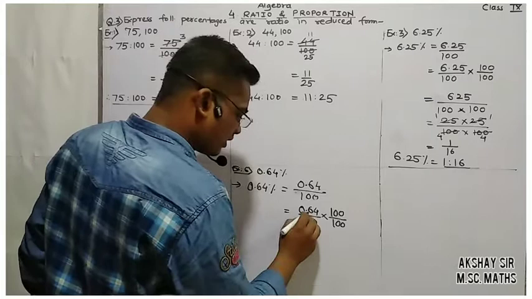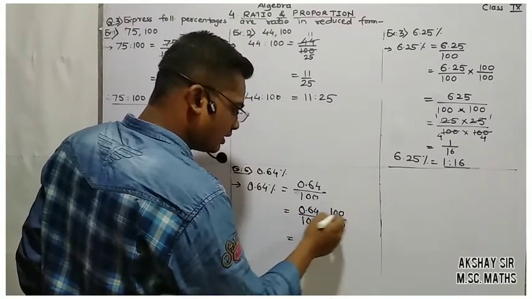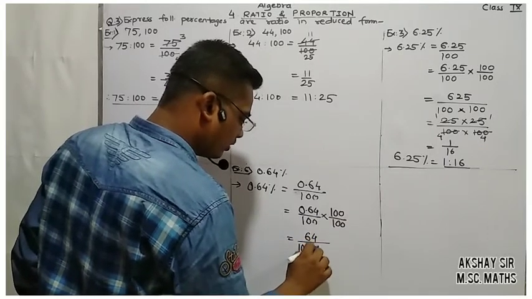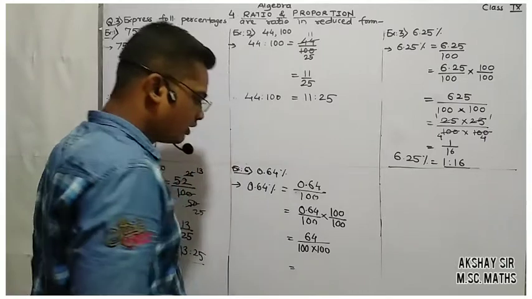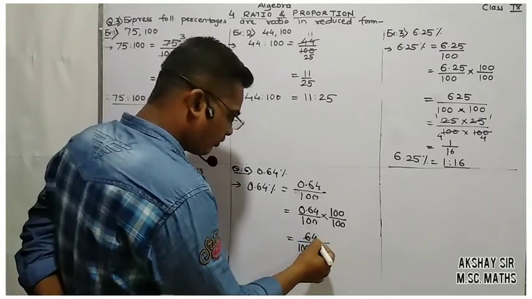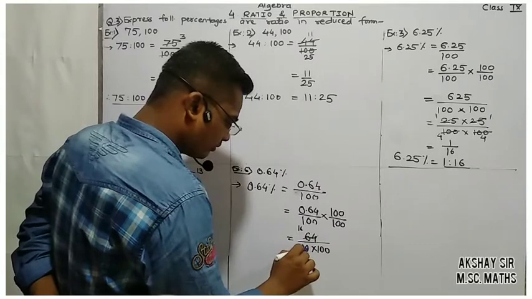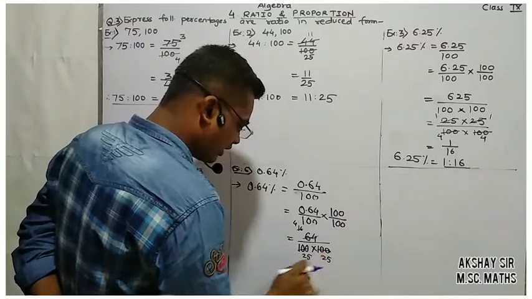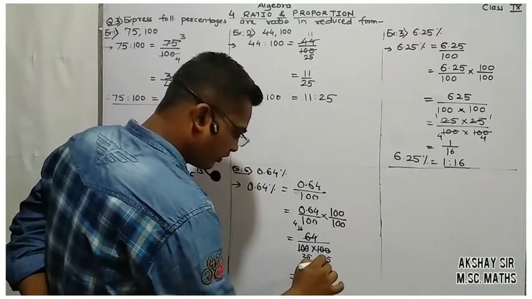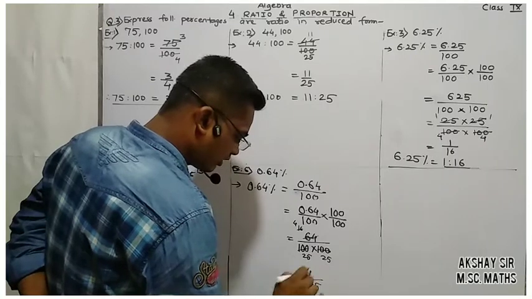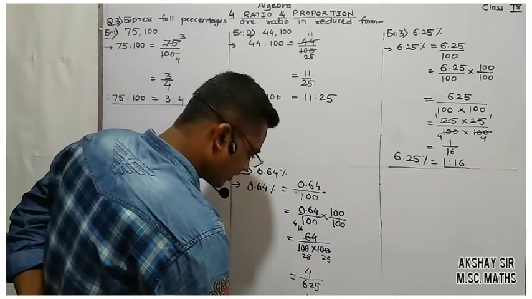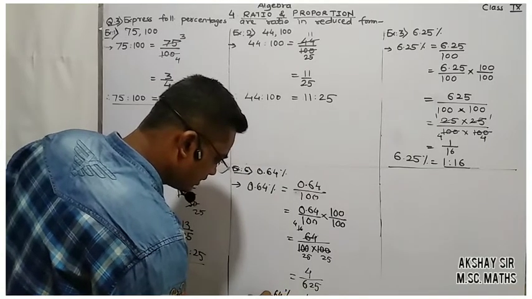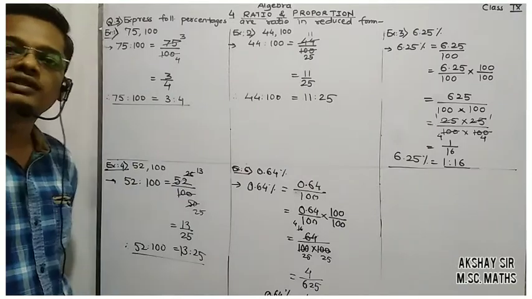So now, next step: 0.64 into 100, the decimal digits and these 00 go away. It will become only 64. 64 upon 100 into 100. Okay, next, further simplification. Now look at this one. 64 is a multiple of 4. So 4 16s are 64 and 4 25s are 100. Again 4 4s are 16 and 4 25s are 100. So here we will get 4 upon 25 into 25 is 625. Further division is not possible. So the final answer will be 4 as to 625. That means 0.64% in ratio form is 4 as to 625. That's it.